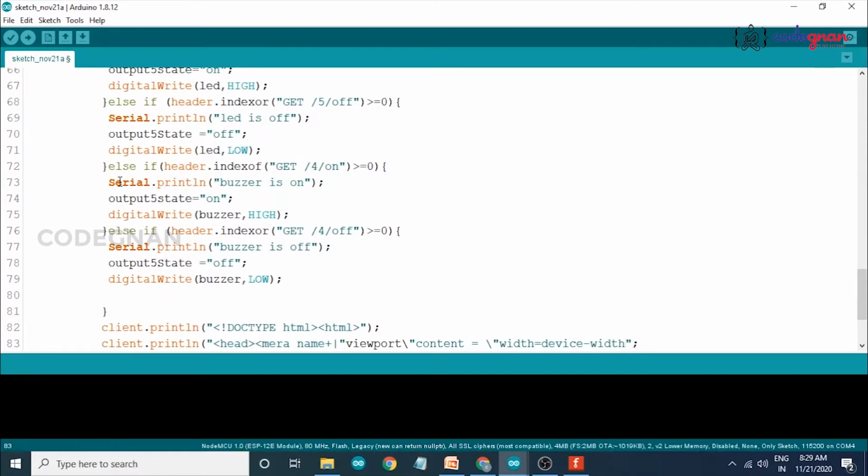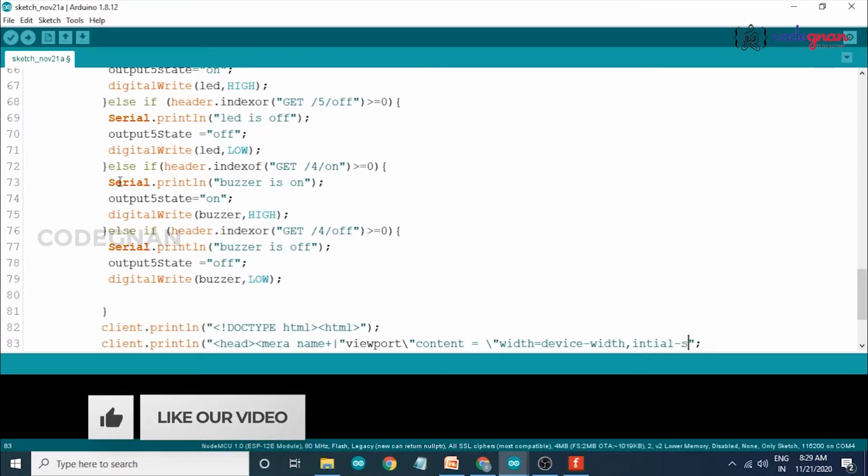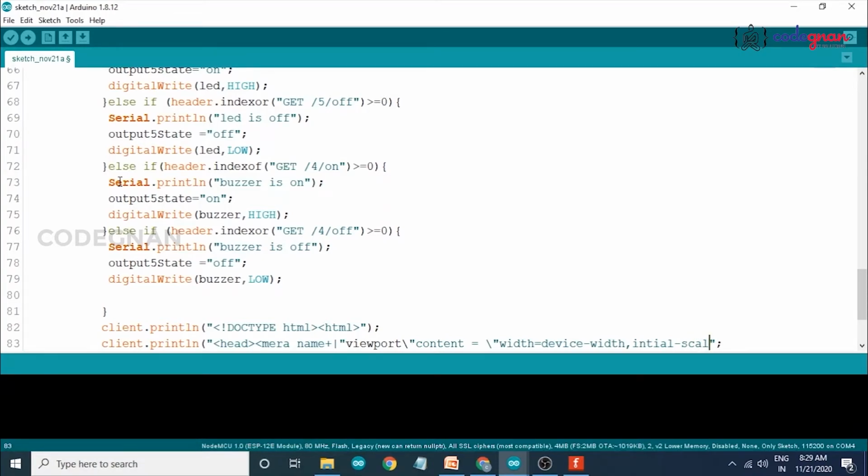So here we are writing the HTML so that it looks convenient, so we have to write this style. Initial scale equals to 1.